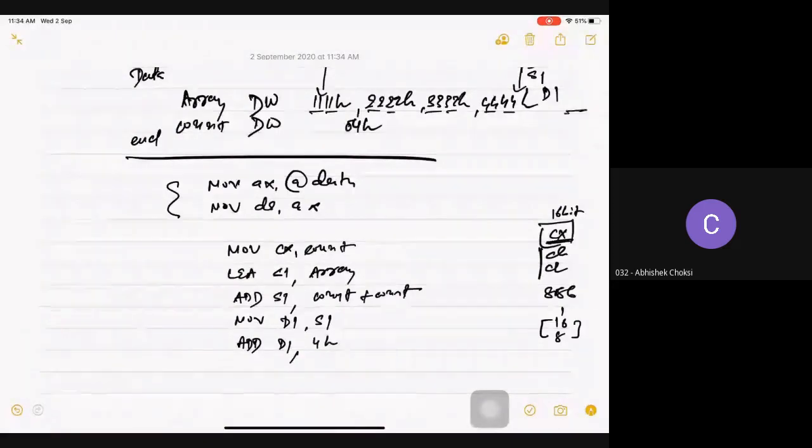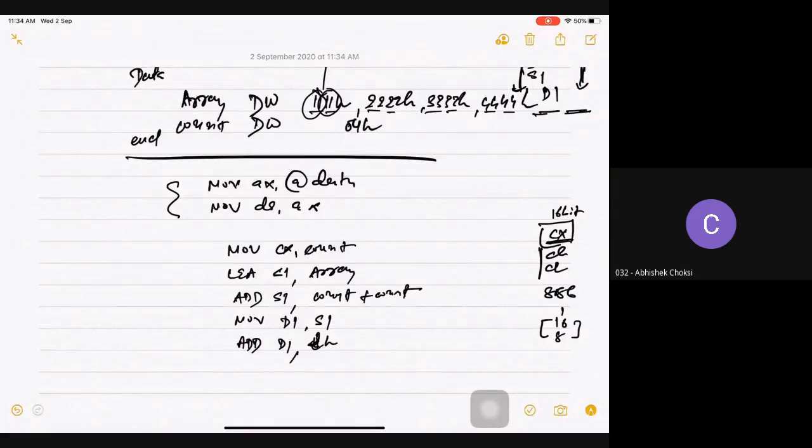So after 4 locations it will get started. Or we can start with 2H also, that will work, no issue. After 2 locations, SI is pointing here, and DI will be pointing here after 2 blanks.